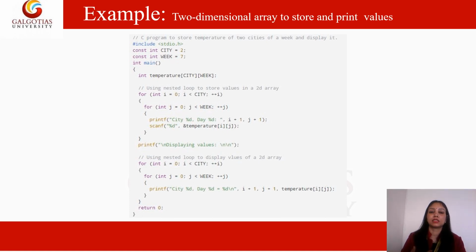Once this loop executes, we enter the elements one by one, like 14 values we need to enter. The first value will be stored automatically at temperature[0][0], then temperature[0][1], temperature[0][2], temperature[0][3], till this row 0 is finished.